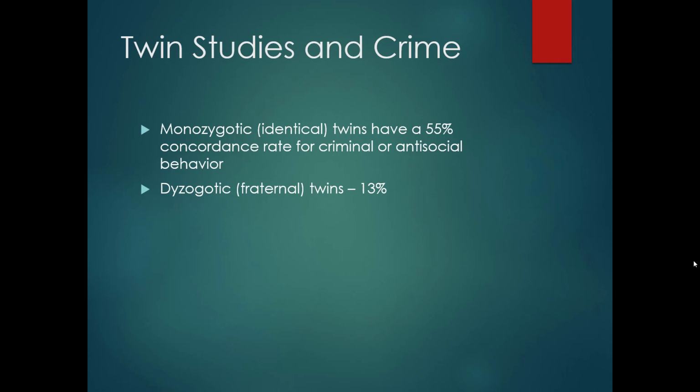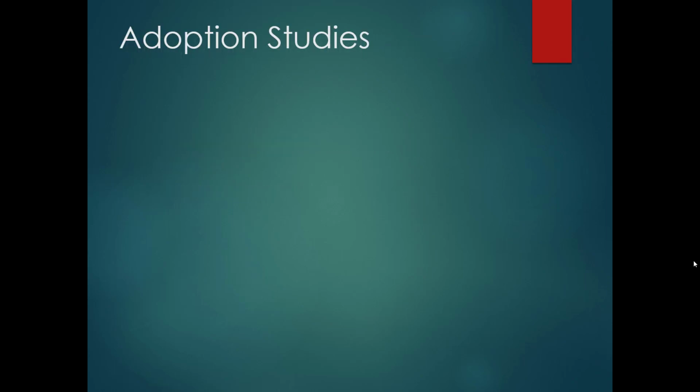So more recent data has shown even a stronger rate for dizygotic twins, but there's always a stronger concordance rate for monozygotic twins. Let's look at another way in which you look at criminality. As you know, even with twins, monozygotic and dizygotic twins, you could make the argument that they're born to